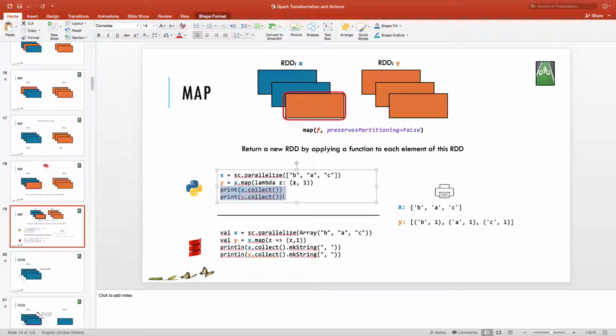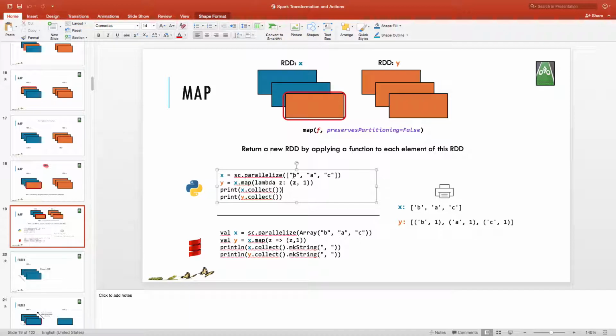If I don't print this statement, and if we just have it here, nothing will happen. The moment I do x dot collect, correct, all this map will actually start to execute, materialize, and then it will give you the output. Now x dot collect is one of the things you use when you are debugging your programs, but this is very important here. When you do x dot collect,